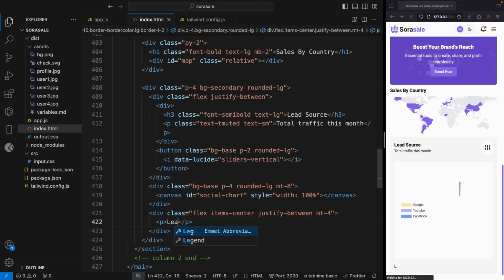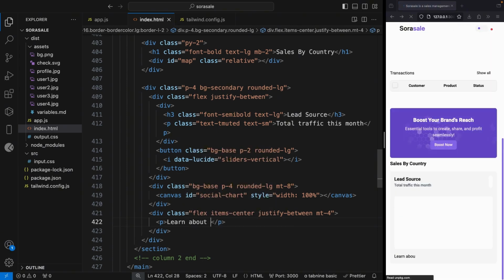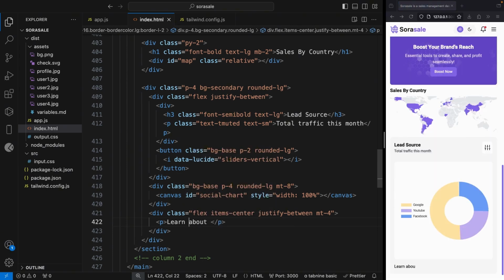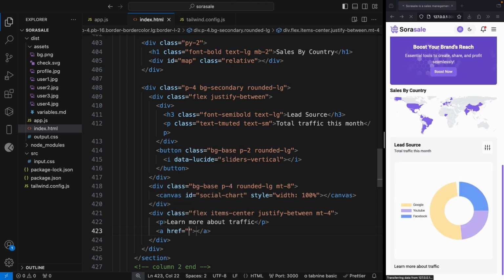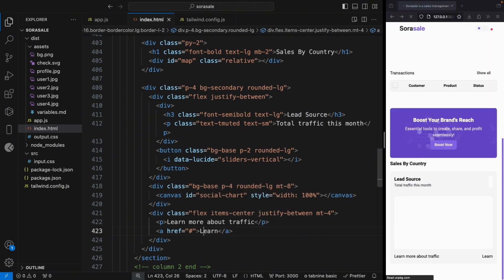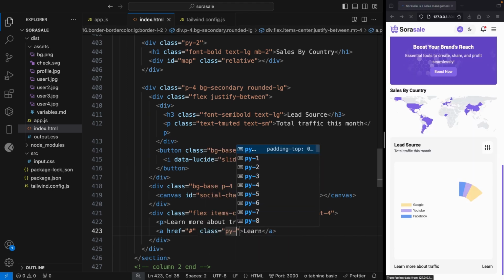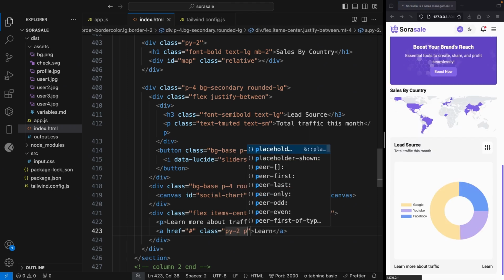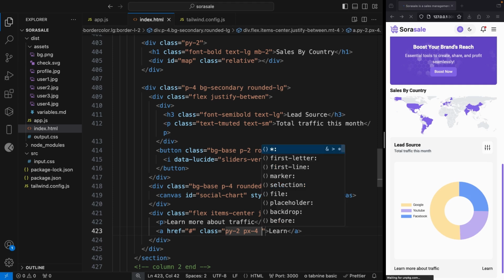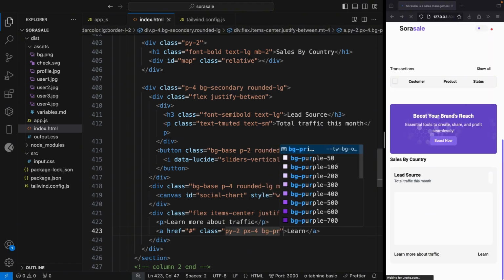Let's say, learn more about traffic. And let's create a button here, with the text "Learn more". Then we'll give it some classes. The class we're going to use is the text-bar or the primary